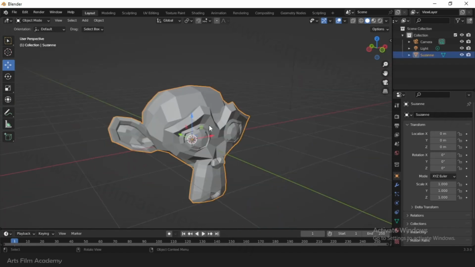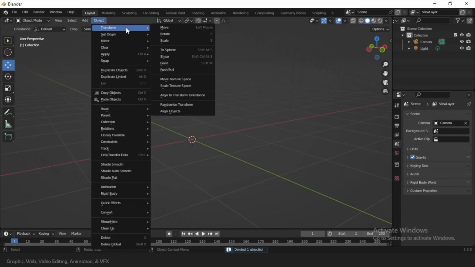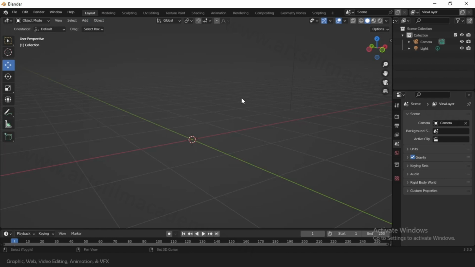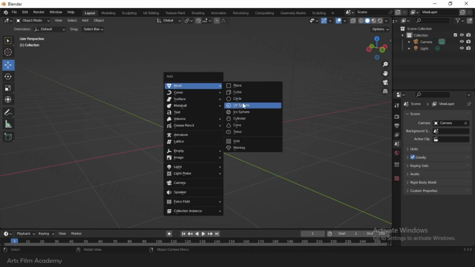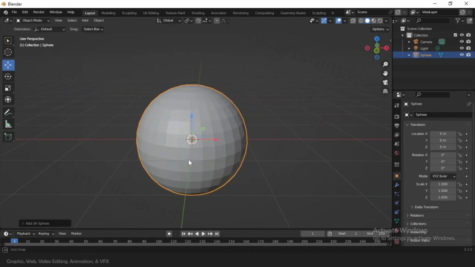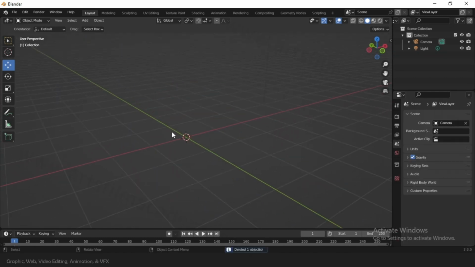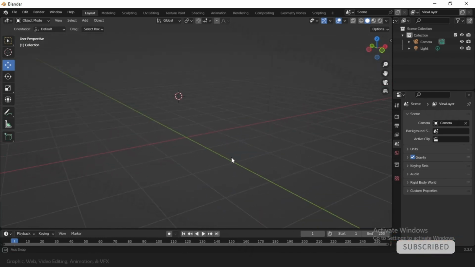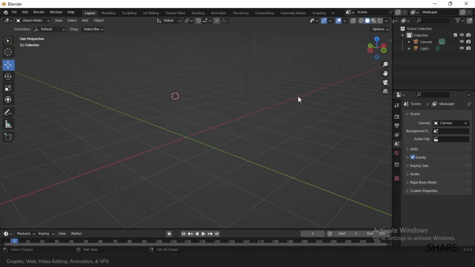When we create any geometry, it is created at the position of the 3D cursor. Let's add a geometry. You can go to the Add menu and add anything. You can also use the shortcut key Shift A to add the geometry. Let's add a geometry like a sphere. We can even change the default position of the 3D cursor. Say I'm changing the default position of the 3D cursor, like in some case, if I want to add a geometry somewhere here, I can hold Shift and